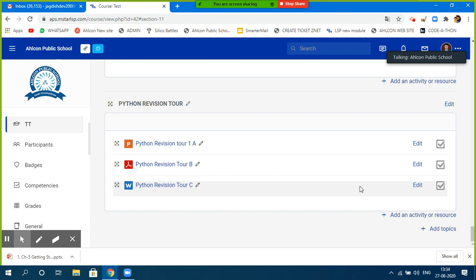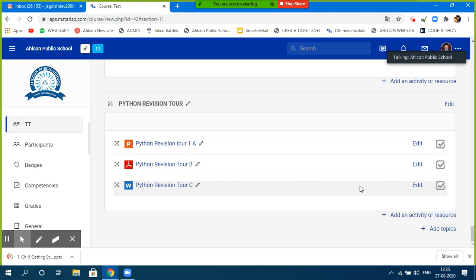So the maximum file which we normally deal with is presentation file or PDF file or Word or Excel or the text file, or for me it's a Python file, or any images. These are the maximum type of file that we normally upload as a content. So there's no need to go with the rest of the things because the process will remain same for all, right? So I hope this part is clear. Uploading the file, any file, whether it's a Word, PowerPoint, Excel, any file, I hope all of you are able to get it.